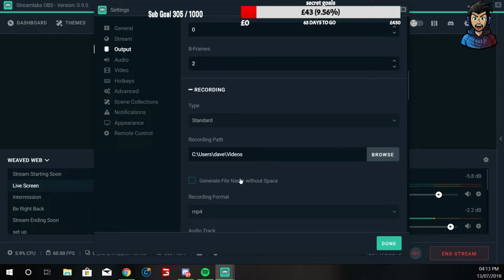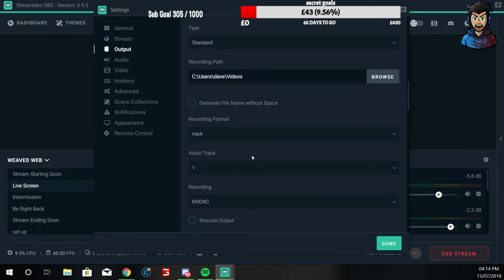Right, so we're going to get into the recording section now. So here's the recording section. The type is standard. Then you need to set where you want your recorded videos to go to, which is set to my videos. Make sure you change this to MP4. If it's set to FLV or anything like that, you won't be able to play the videos back. So set them to MP4, and that way, once you record, you can instantly upload that video into something like Sony Vegas Pro to do your editing,